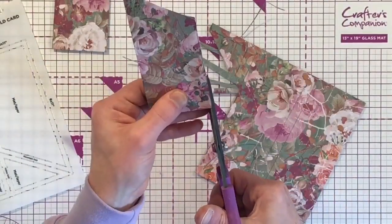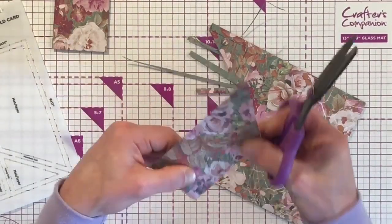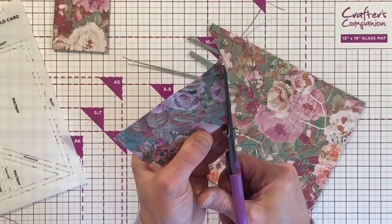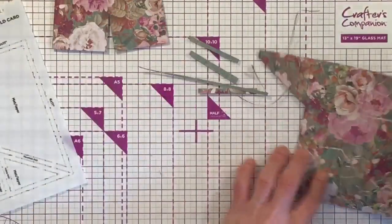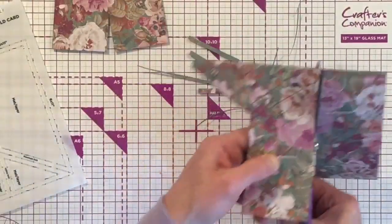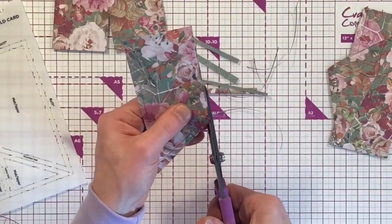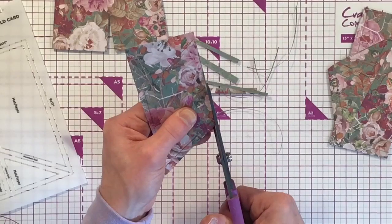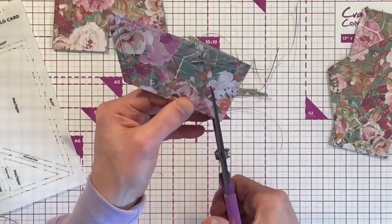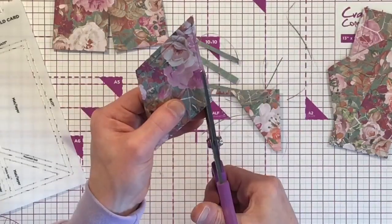So up to here, work your way up, and then trim away there. Then let's take our next one, trim away that excess, following the lines, trim that off,